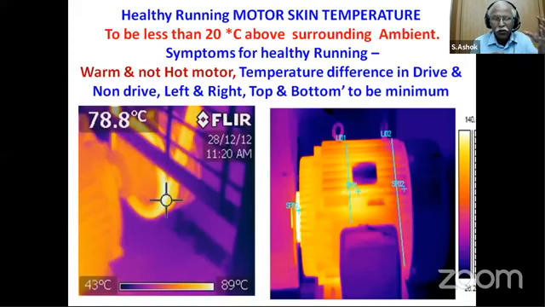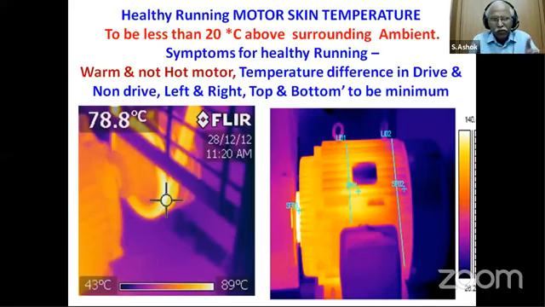The motor is running at 1500 RPM, a 4-pole motor, and if the belt is not gripping, it causes the motor to have more slippage, which is a loss to the motor as a system. And for any motor, whether on the AHU, the pumps or the compressors, the driven to non-driven end temperature difference should be less than 20 degrees. In thermal imaging, while doing energy audits, I'm just sharing the energy audit procedures we follow, what we monitor, and what all is done in air conditioning plants also.